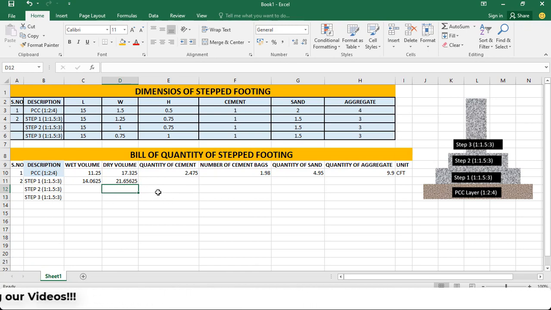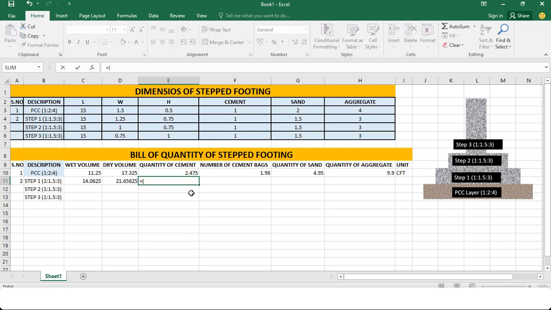Then I have to find out the quantity of cement, sand and aggregate used in the construction of step 1. So the formula to calculate the quantity of cement is ratio of cement multiplied by the dry volume of concrete and divide by the sum of ratio, which is 5.5. Okay. So here I will put equal sign, and then I will multiply the ratio of cement with the dry volume of concrete and divide it by the sum of ratio, which is 5.5, and the quantity of cement will be equal to